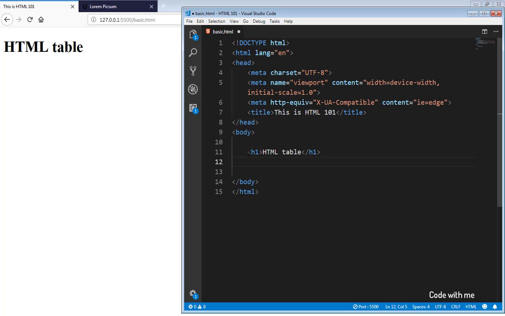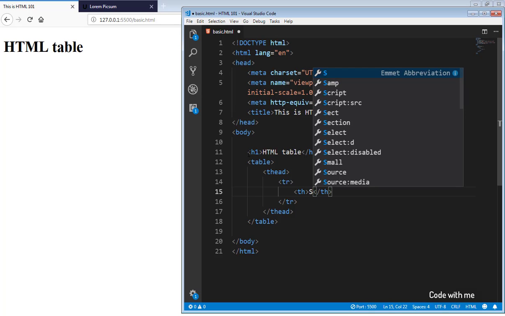So to create a table, you'll start with the table tag, and you have to close that tag. Inside table you have the table head. Okay, so that is represented by thead, and then we have table row. Okay, the one row where we will have our own data. Now inside that we will have table header. Okay, so table header will kind of bold the text and give that